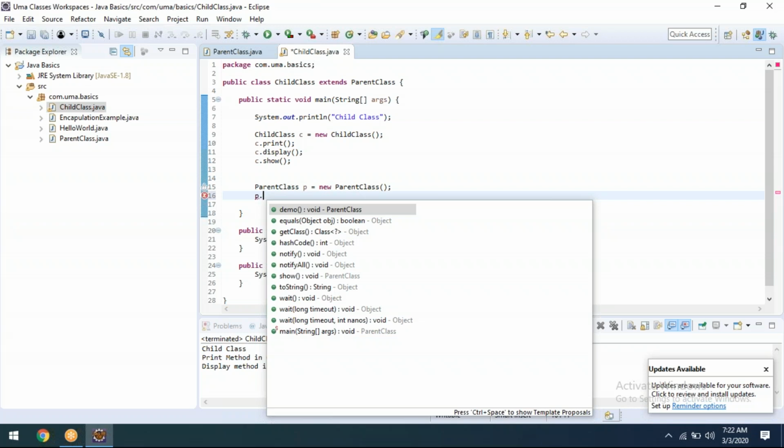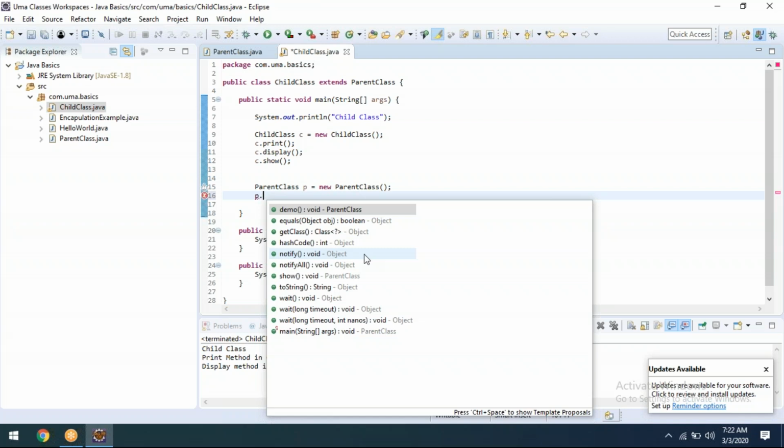But protected methods are not coming. Just observe the difference. See here, clone and finalize will come, right? The yellow mark things. Clone and finalize are not coming, only green is showing.